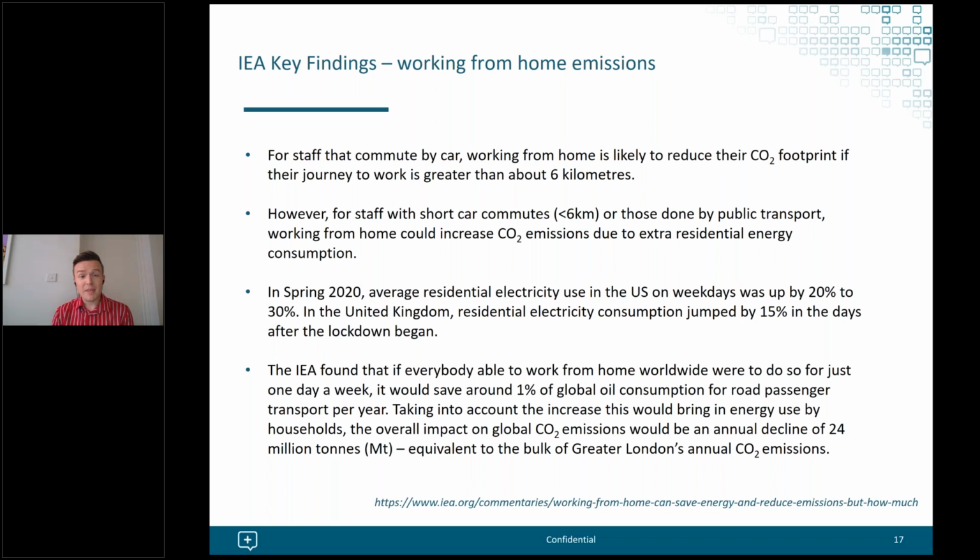It's no surprise that as a result of COVID-associated lockdowns, the energy from domestic environments jumped up last year, where companies were increasingly using that at home. And then if we look at a global level, the IEA have done research looking at the overall net decrease in the emissions if everybody was working from home. So just a couple of stats there.